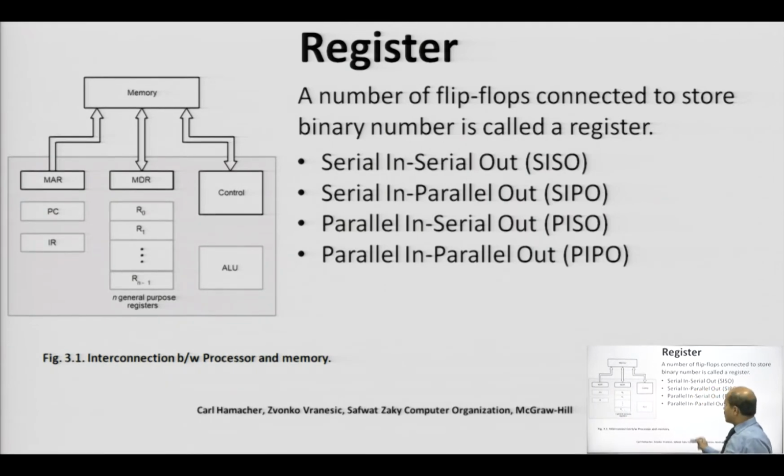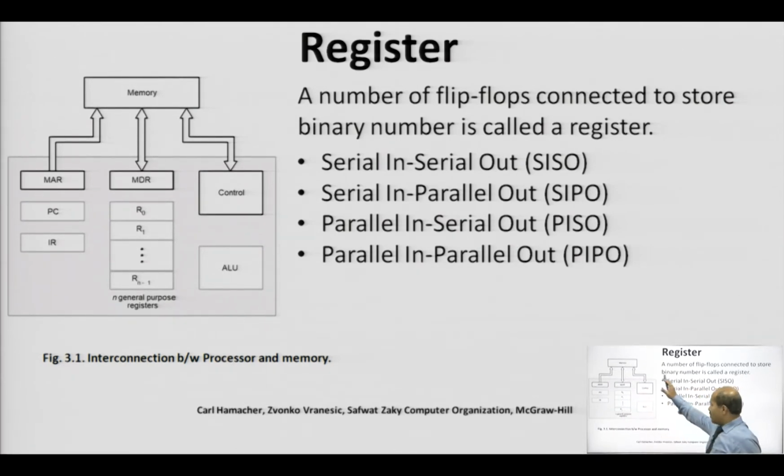So, let us have a quick review of all these registers. MAR, memory address register, is used to hold the address which are generated by the control unit. MDR, memory data register, is used to transfer or store the data from memory, and program counter is used to provide the address of the next instruction, the instruction which is going to be executed, that address will be stored in program counter. IR is the instruction register. Once the instruction is fetched, that will be stored first in IR, and these are general purpose registers. Programmers may use these registers for their programming purpose.